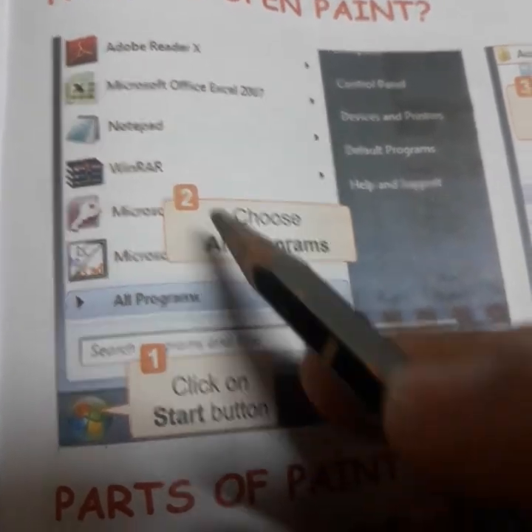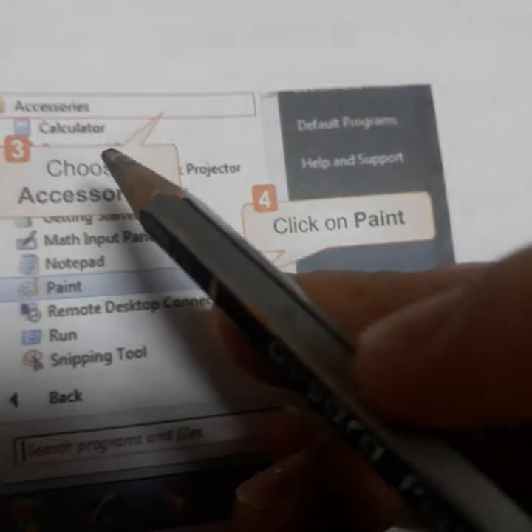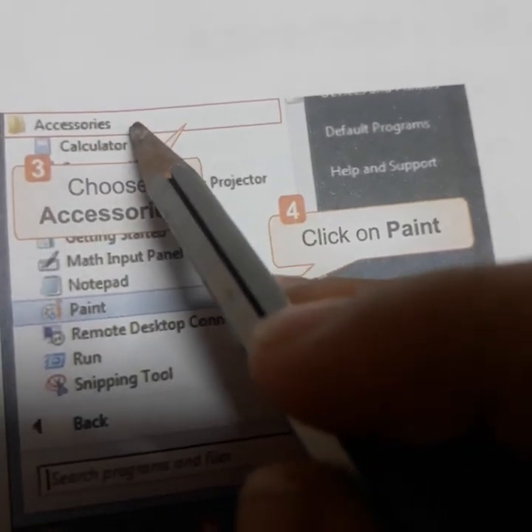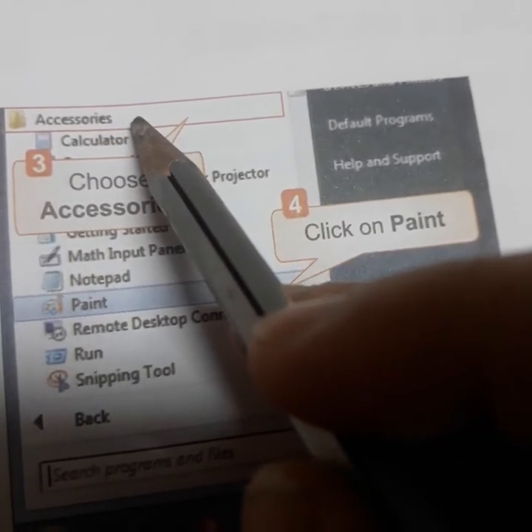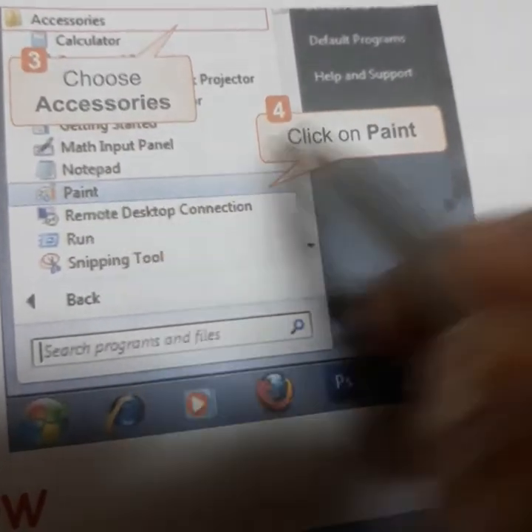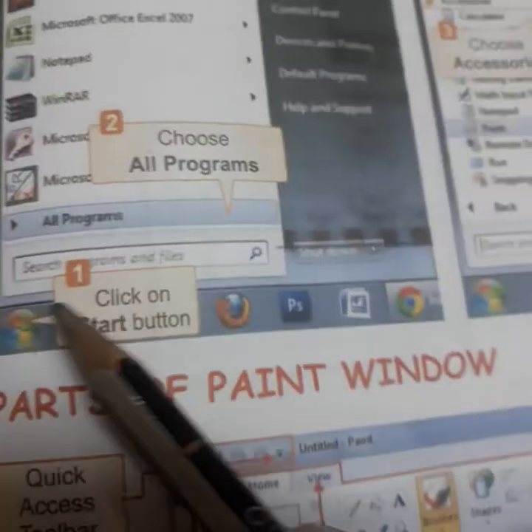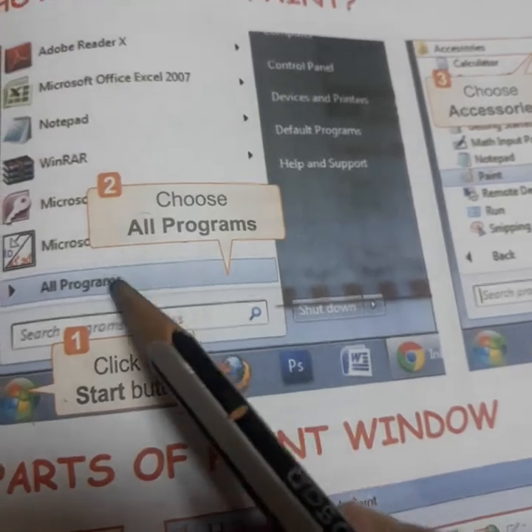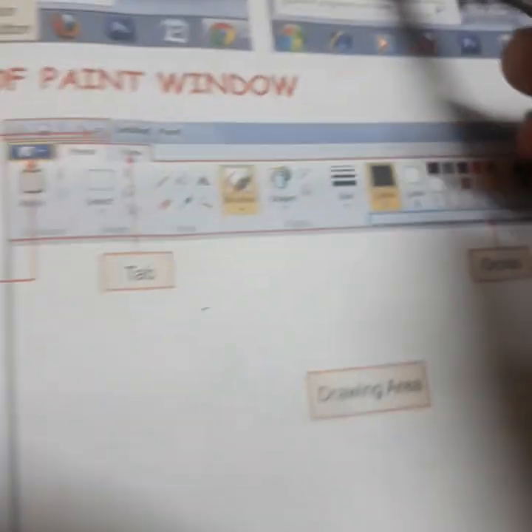Step number 3, you will see the word accessories over here. You will click on accessories, and number 4, you will see paint written here, and here you will click on paint. I repeat, step 1 is click on start button, then all programs, accessories and then paint, right?